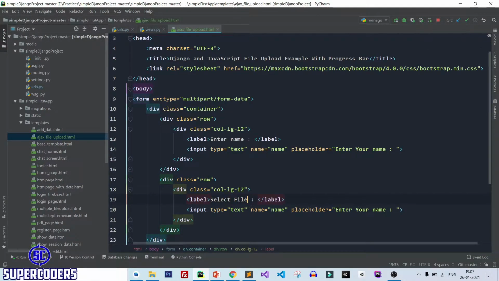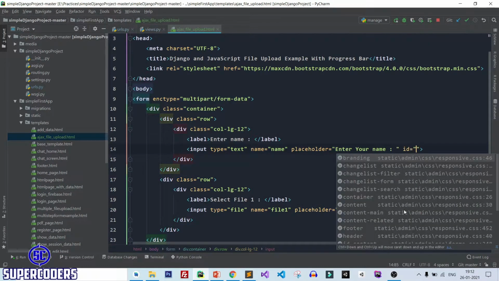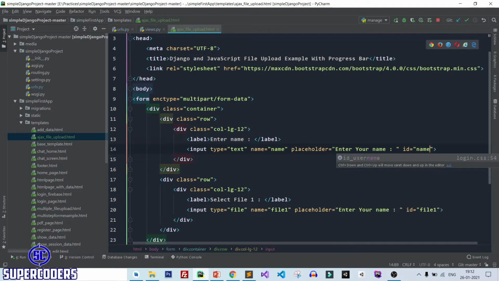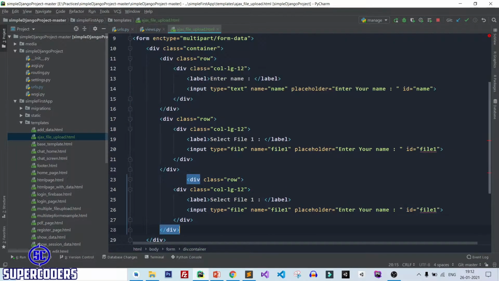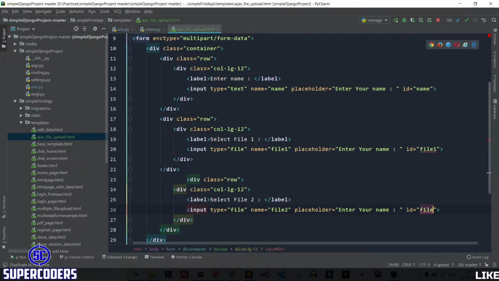Change it to select file 1, change this to file and change it to file, and also adding id. So id equal to file 1 and id equal to name. After that, let's copy it again, paste it. This time change it to file 2 and id is 2.